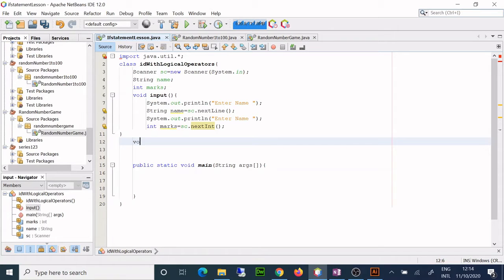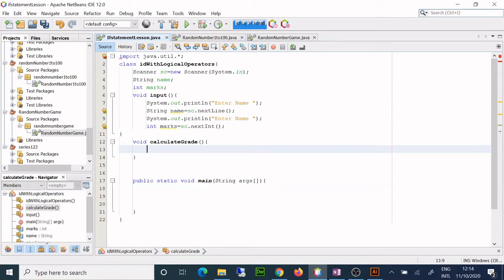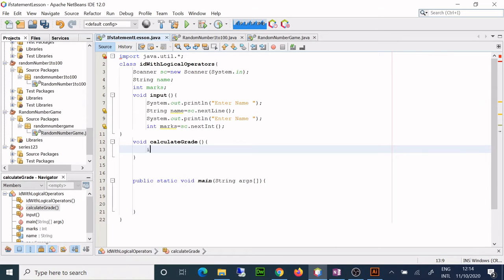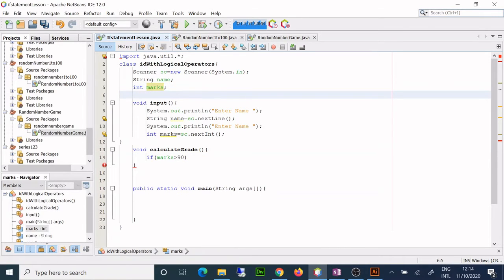So I'll say void calculate grade. That's what I have to do. Okay, so I will write my if statement. So the condition is here, greater than 90 is A. So if marks greater than 90, it would be better if I take another variable and I call it grade, here only I can write it.